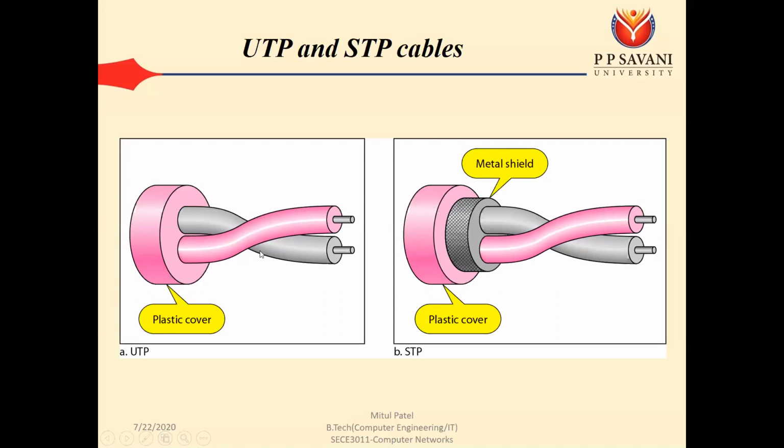In it there are two wires, and both wires are covered with a plastic cover. In the twisted pair cable we saw, there were a total of four pairs. All four pairs are covered with this plastic cover, while IBM has developed STP, that is shielded twisted pair. To remove the effect of the noise, they have used a metal shield that is covering these inside cables.